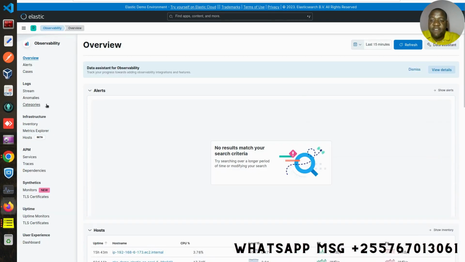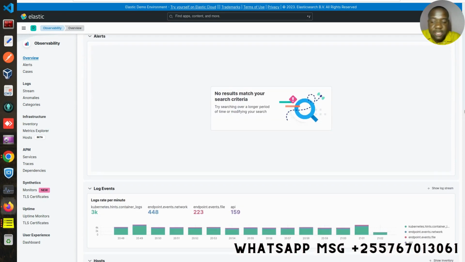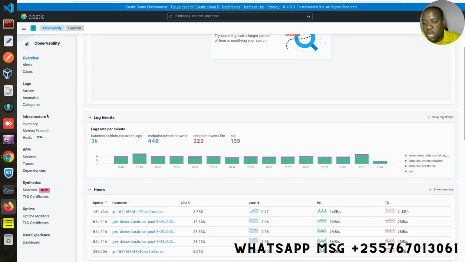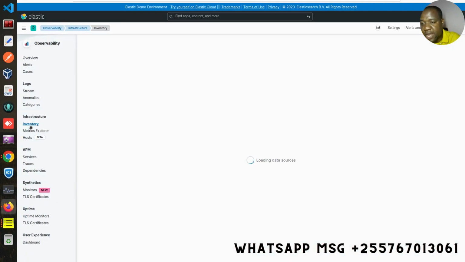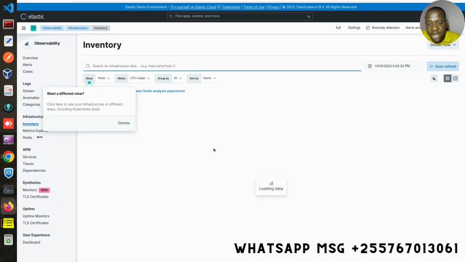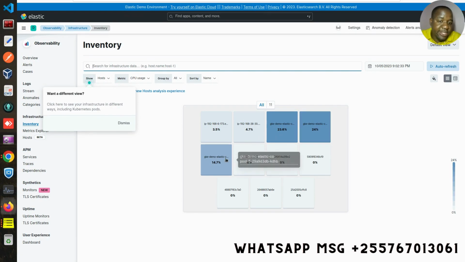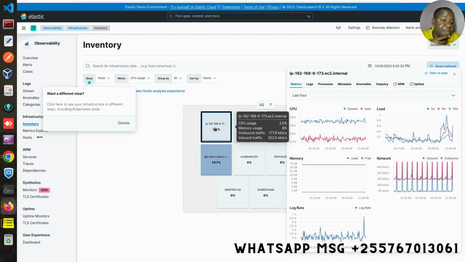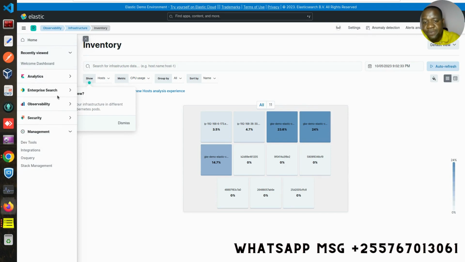Then when we come to observability, this is how it looks. As you can see, you can manage logs, you can see your infrastructure, you can see the inventory of your infrastructure, like maybe the devices. These are from the preloaded data, and I can click individual assets and see more data about them. Here you can see the application performance metrics, and there you can see the uptime monitoring. So this component here is all about observability, and we are going to see it further as we proceed with this series,